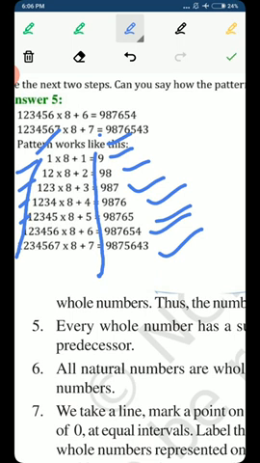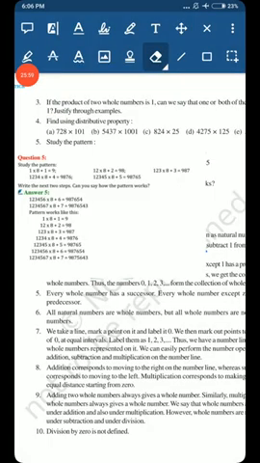And on the left hand side, after 1 2 3 4 5 what will be the next number written? 1 2 3 4 5 6. 8 will be repeated, and after 5 there will be 6. In the last step, after 1 2 3 4 5 6 we will write 1 2 3 4 5 6 7. 8 will be repeated, after 6 there will be 7, and after 9 8 7 6 5 4 the next decreasing order will be 9 8 7 6 5 4 3. So this is how we understand the pattern. So I hope you have understood the question.